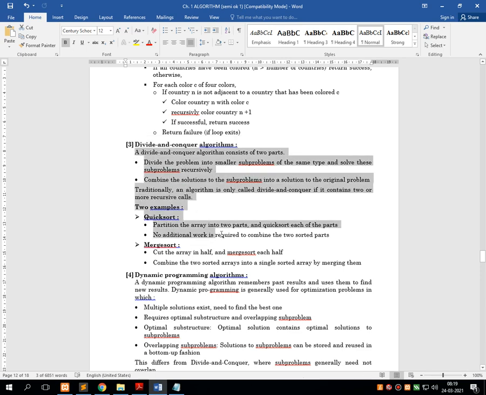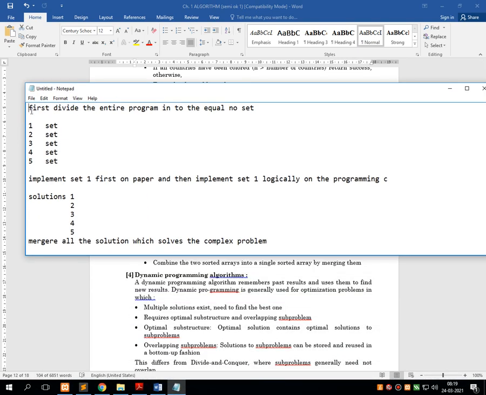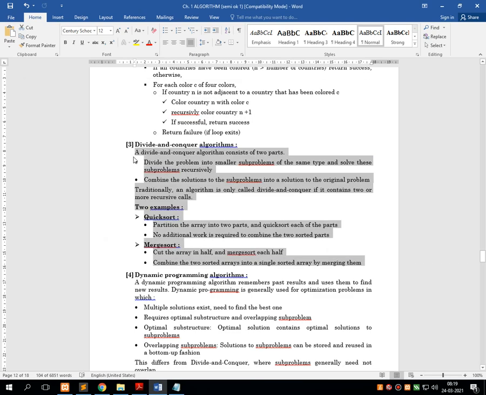So the same thing is written in this theoretical session. Again, I am not repeating the entire thing, but the core part of this entire algorithm is first consider the program, or you can say the problem, then divide it into an equal number of sets, take each and every set separately, implement it logically first on paper, second onto the programming in C, and then at last merge all these solutions which solves the complex problem. That technique is called the divide and conquer algorithm.